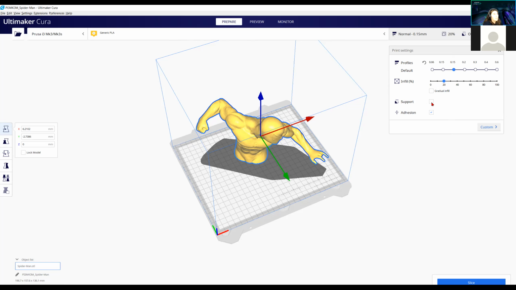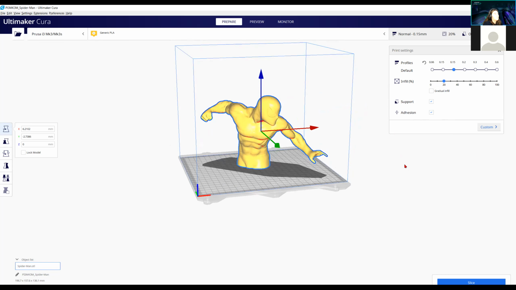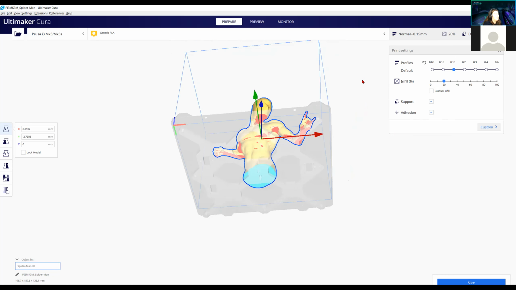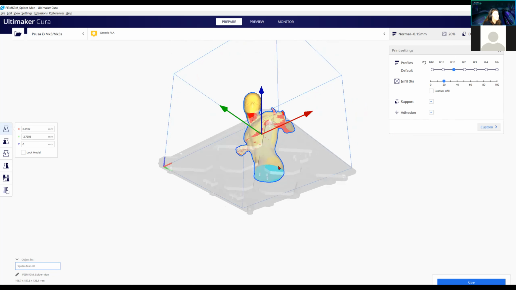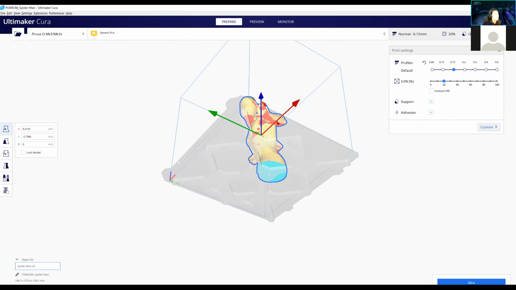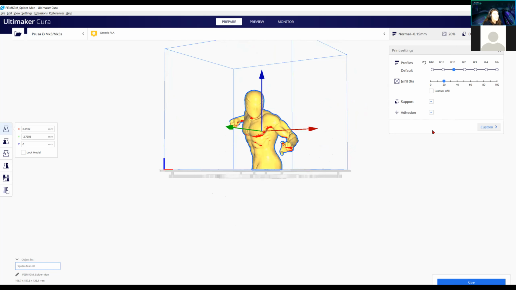And there's also options for adhesion and support. So supports are, if I just try to print this layer by layer, it probably wouldn't go too well for me because it starts from bottom to top. So you can see in the red, this is definitely where I would need some supports, because if I didn't have any support or adhesion and I just sliced this,